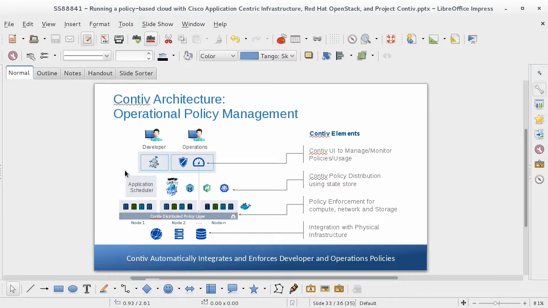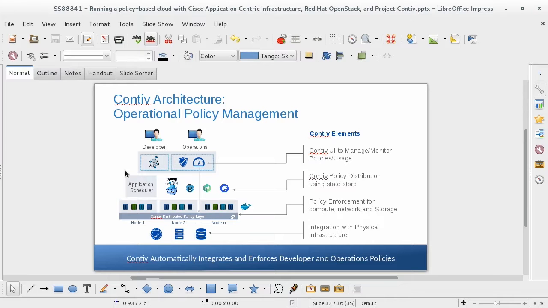So if we look at the Contiv architecture and where it starts fitting into the picture, it actually comes in a number of different places. There's a Contiv UI where you can monitor and manage the different policies that are set up. There's an engine that sits as part of the scheduler layer that can receive policies and distribute them across different hosts.